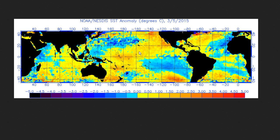Next, ocean surface temperature deviations from normal. Okay, so yellows are warmer than normal temperatures, blues colder than normal. Interesting thing about this chart, so if we had a real El Nino, and we've been through this before, you'd see a lot of warm water basically in this area. If you have what we call a Modoki El Nino, which is what we're in, the warm water tends to